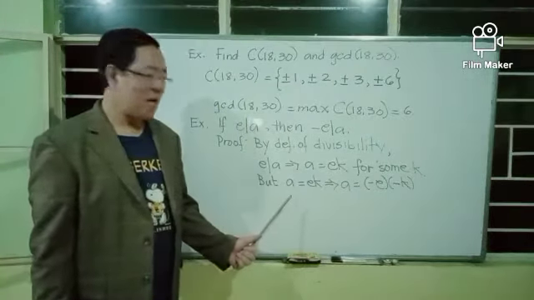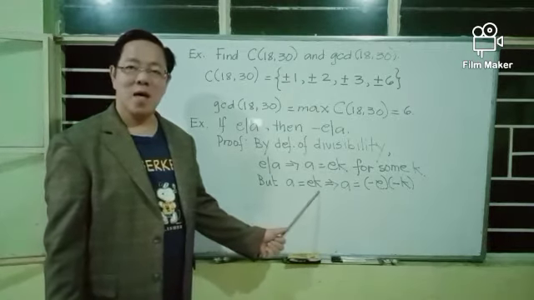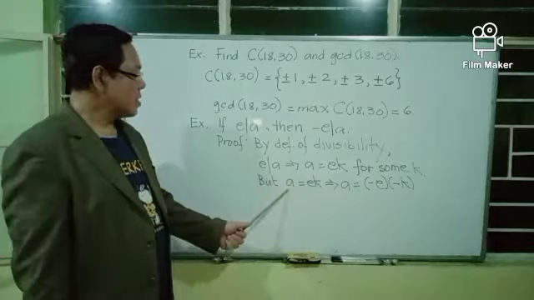Now, using the fact that a is equal to e times k, where k is an integer, this implies that